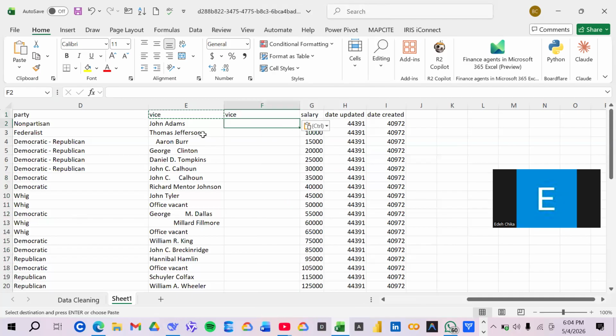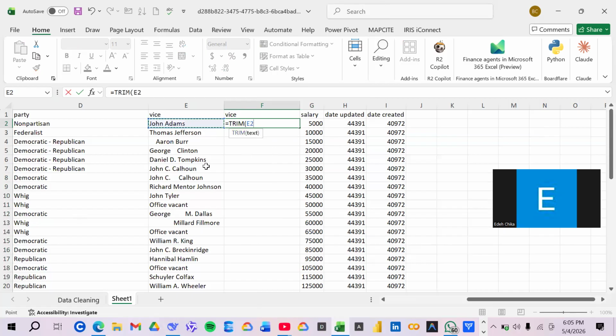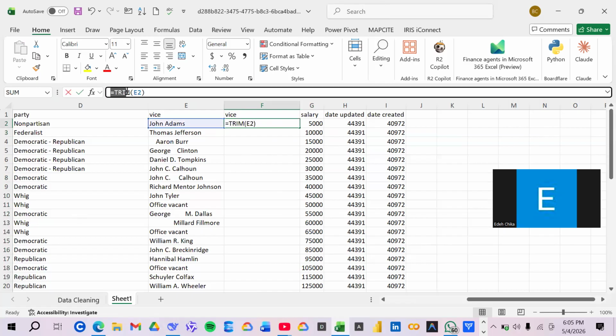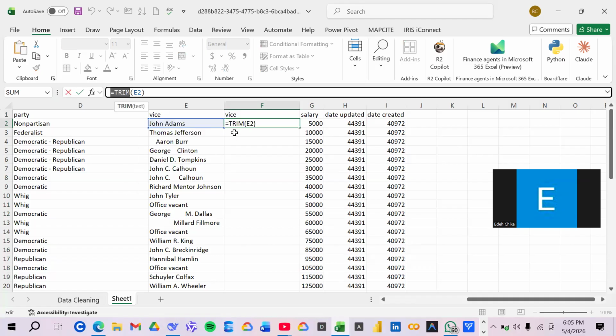So I do equals to trim. Then I do this and because everything is in the format I want it to be, I do the same thing also. Let me just, I can't be copying this. Let me just copy this. Just copy this. Then